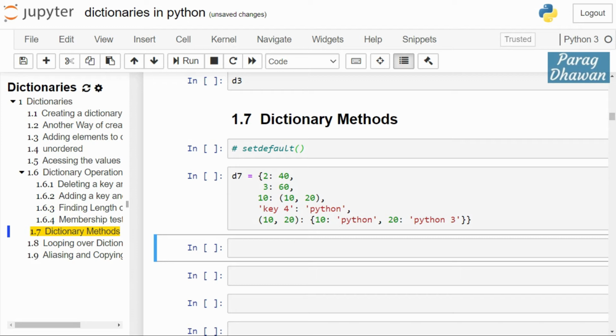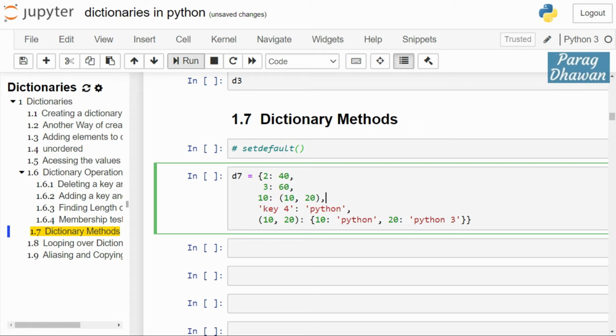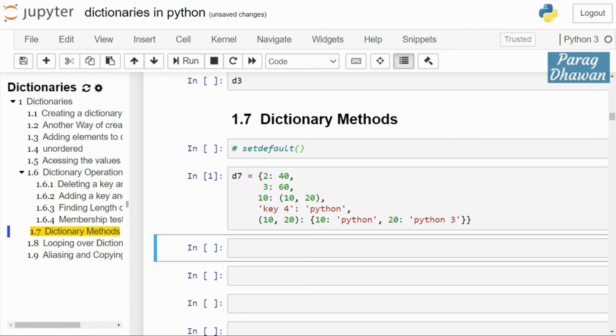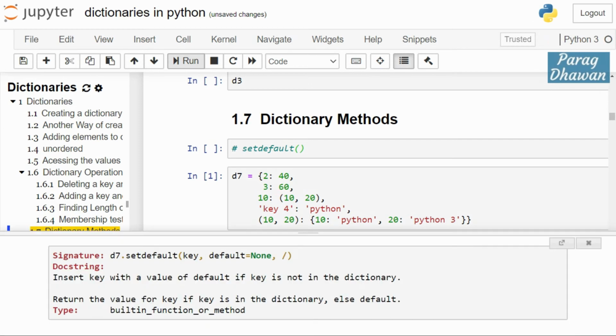Let's cross check. First, we create a dictionary D7, which contains key value pairs. We check information regarding the setDefault method. D7 dictionary name dot setDefault followed by a question mark. You can see the setDefault method takes two parameters, key and default.